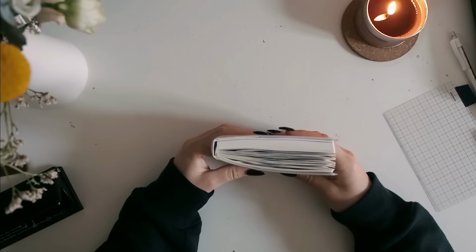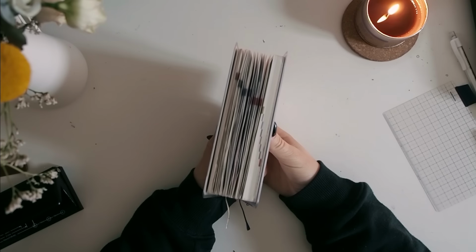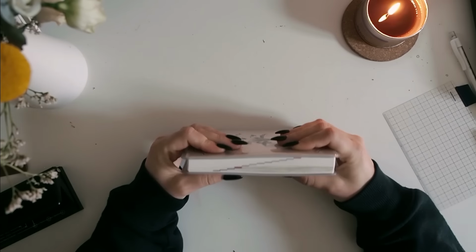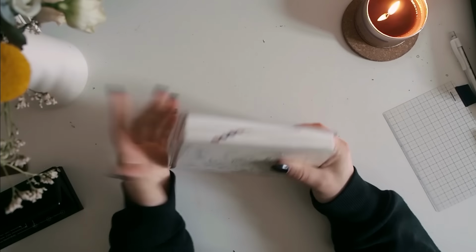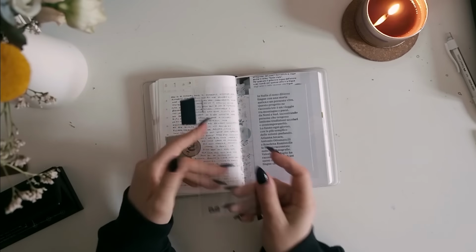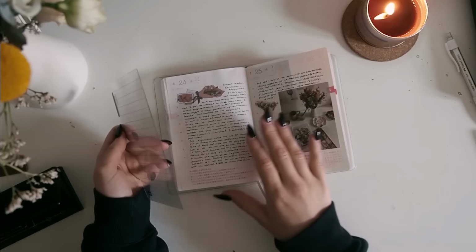Overall, a very cute month. I am very worried about the bulk though. I will say that, it's a lot. I should probably be more careful with it, but I also don't want to be. You can very much tell that it's bulking all at the bottom because that's where I stick most of the pictures, but it's fine. The way I'm kind of handling things is most of the time when I'm writing on the right hand side, it's not a big deal, but if I'm writing on the left hand side,